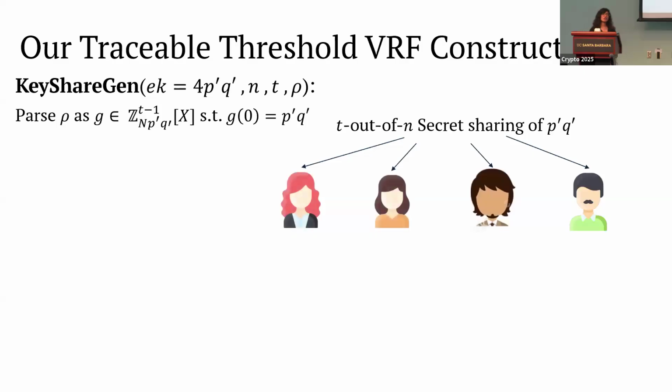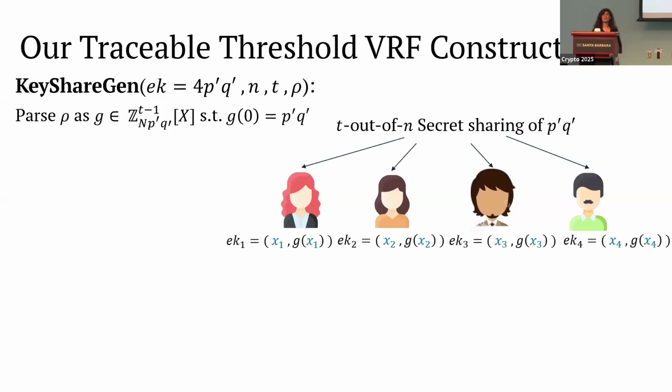Okay, so now let's move on to our traceable threshold VRF construction, where essentially we will be thresholdizing the VRF that we saw in the last slide. We are going to secret share the secret key, which was p prime q prime, among the n parties. Here we make one more crucial change to Shamir. We still have a polynomial g of degree t minus 1, so that g of 0 is the key p prime q prime. But for party 1, instead of giving it the evaluation of g at 1,